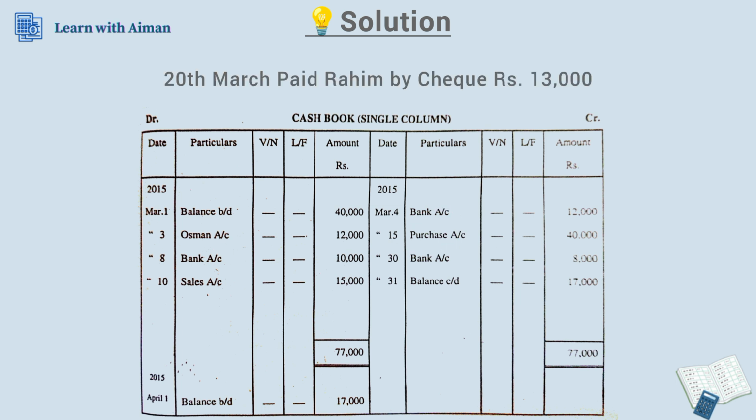Then paid Rahim by check. There is an involvement of a check, which means bank involvement. So we do not mention it here. We are talking about cash here. So deposited into bank. Deposited into bank we mention here because if we deposit our money in bank, then our cash is decreasing. So we mention here bank account on our credit side with rupees 8,000. Then paid rent by check. We are paying rent by check. Cash involvement is not included, so we do not mention it here.